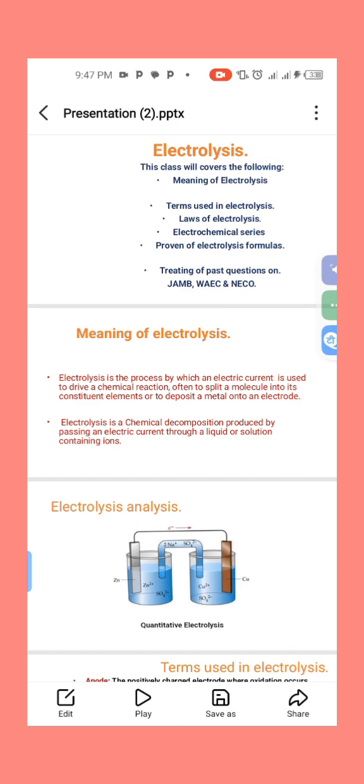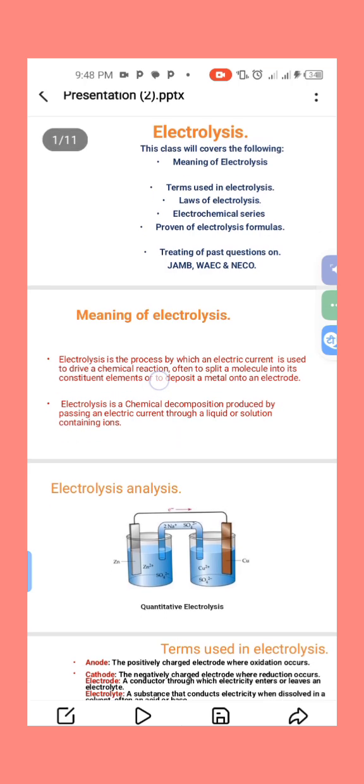Now, the meaning of electrolysis. Electrolysis is the process by which an electric current is used to drive a chemical reaction, often to split a molecule into its constituent elements or to deposit a metal onto an electrode. Or we can even say electrolysis is a chemical decomposition produced by passing an electric current through a liquid or solution containing ions. The major example of what we are talking about is this